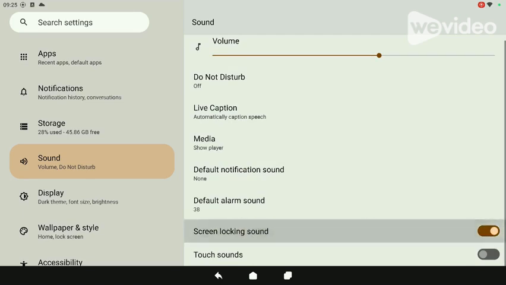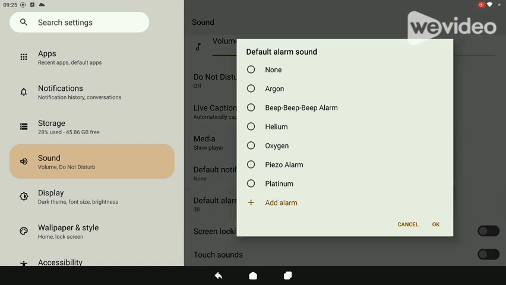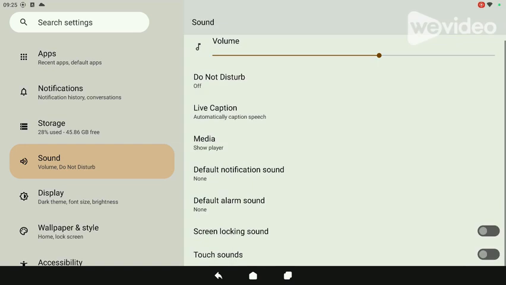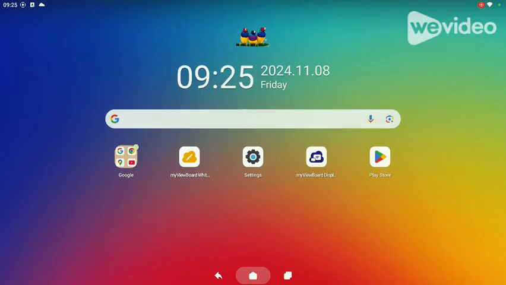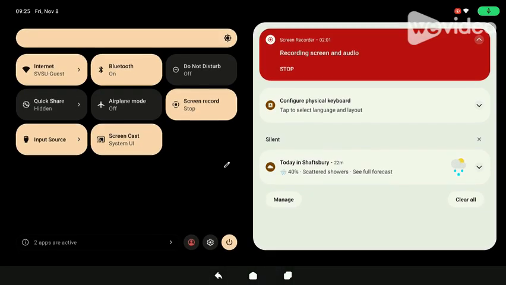And your screen locking sounds you need to have off, and touch sounds have off. Default alarm sound also, if you switch it to none, then that will turn off any of those really annoying sounds that happen as well. So those are just a couple things to start off with your Viewboard and what you can do with it to make it a little bit more